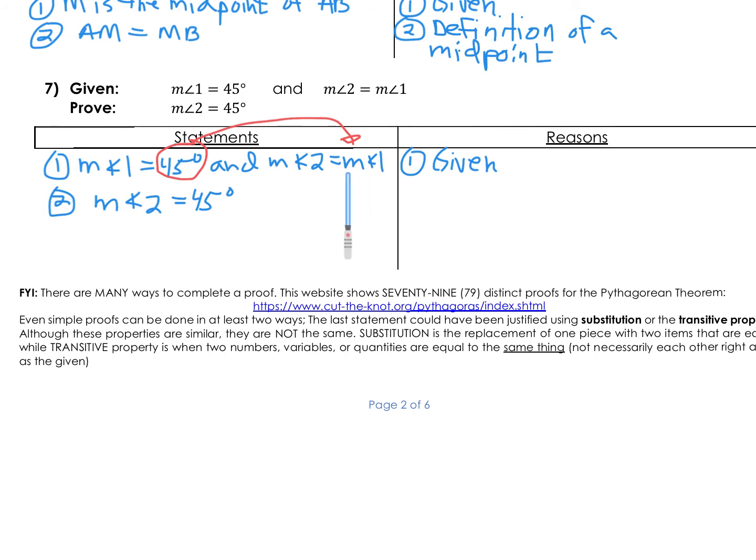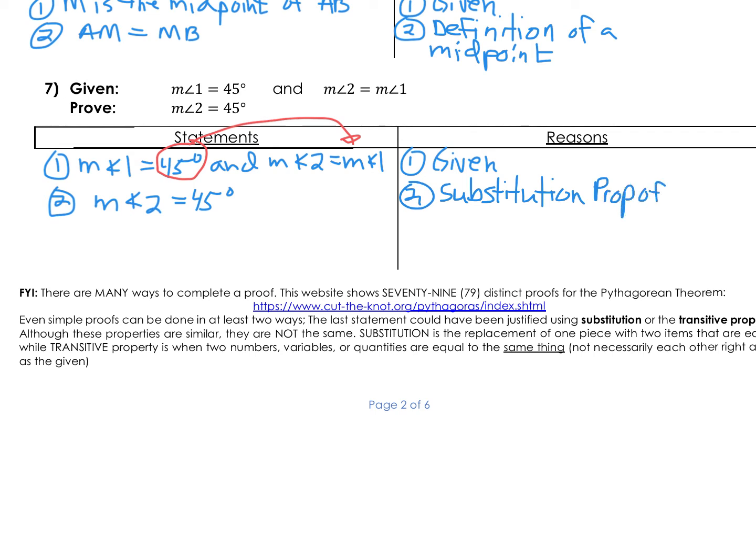And notice that that's what has been done here. Instead of this statement here, it's the identical statement, except we have replaced measure of angle 1 with 45 degrees. Okay, so your reason, if you chose to do it that way, would have been substitution property